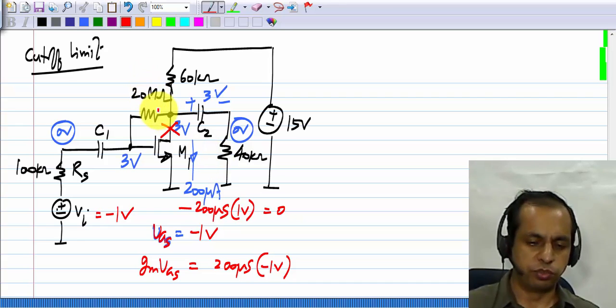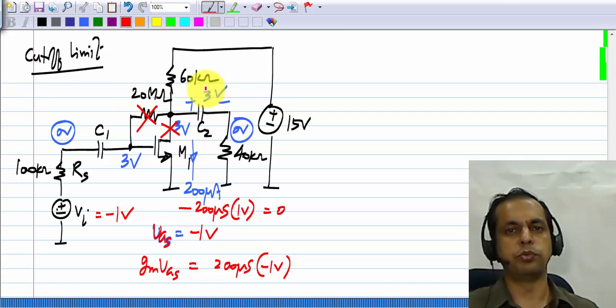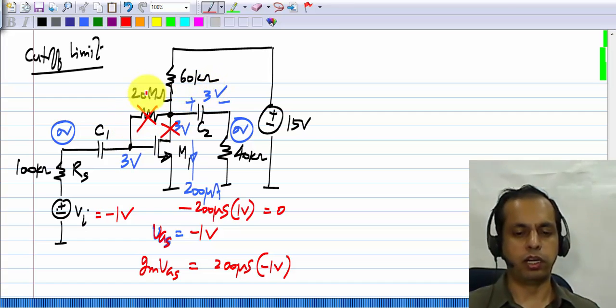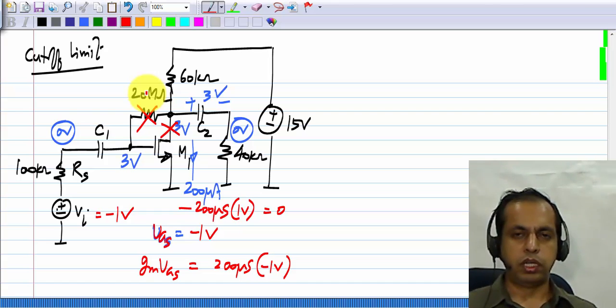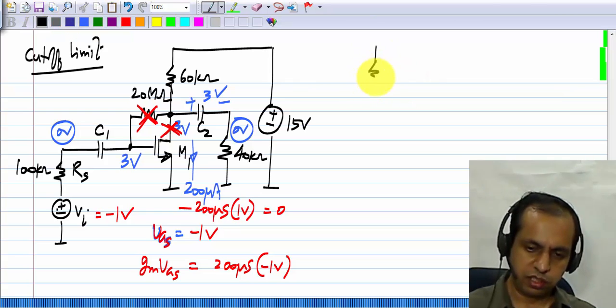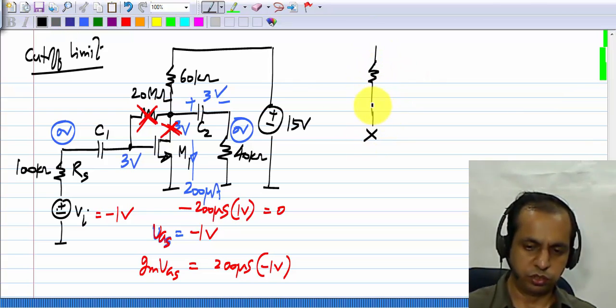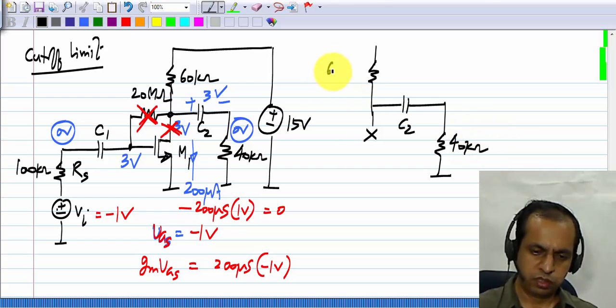And this resistor, of course, we consider it an open circuit because it's so large. It's not exactly an open circuit, but we have chosen its value to be so high that no current flows through it. So the condition at cutoff is that there is no current here and there is no current there. So essentially we have just this circuit. Here it is open circuited, and we have C2 and we have RL, which is 40 kilo ohms, 60 kilo ohms and